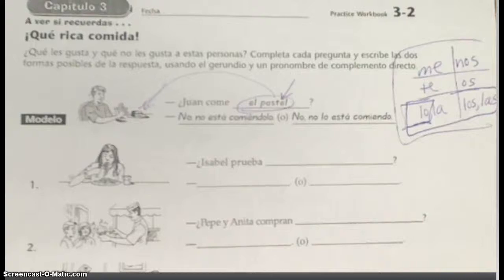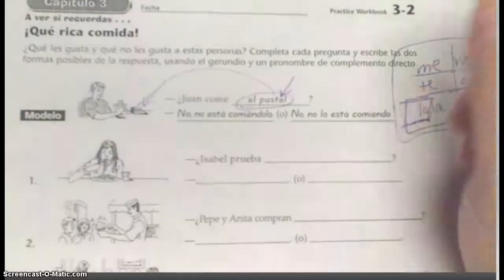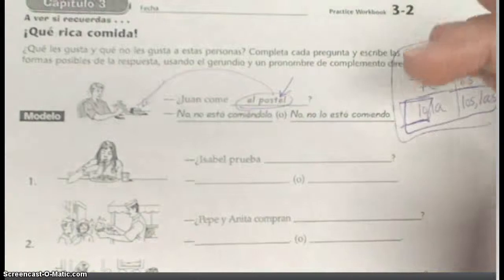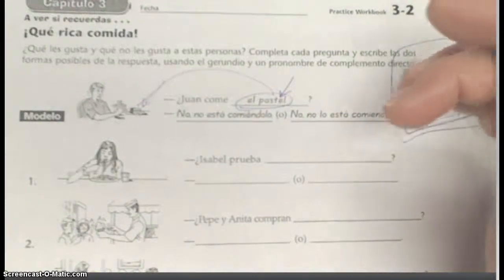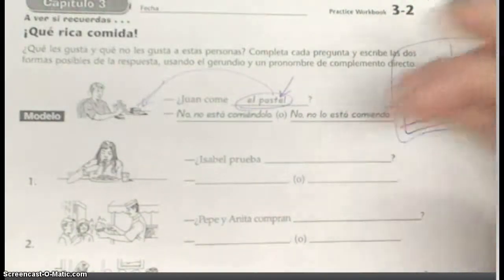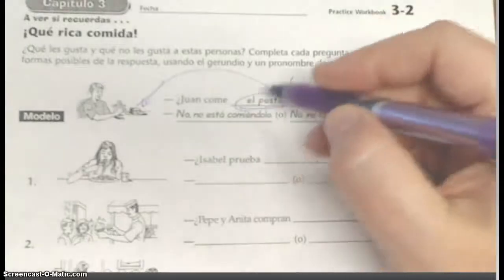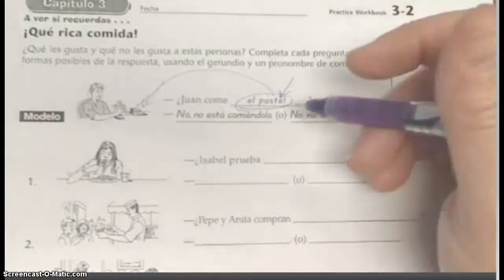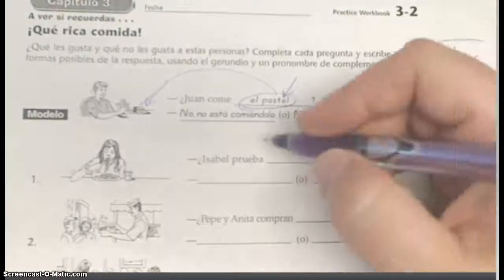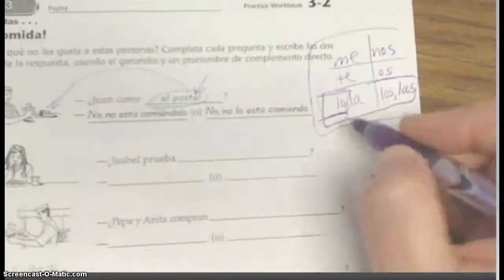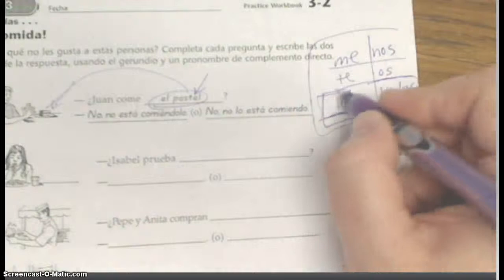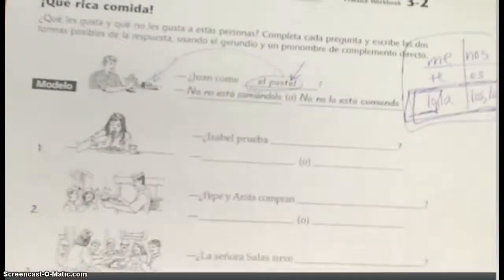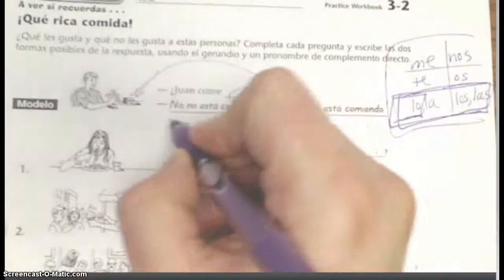It doesn't mean that other ones can't be used, but a direct object pronoun is basically saying who is this being done to. So who is the cake eating? Like who's eating the cake? And I'm going to replace the word cake with it. And so since it or they are usually the ones that I'm going to replace it with in English, same thing in Spanish. So I did that, and so I've got two ways of saying this.